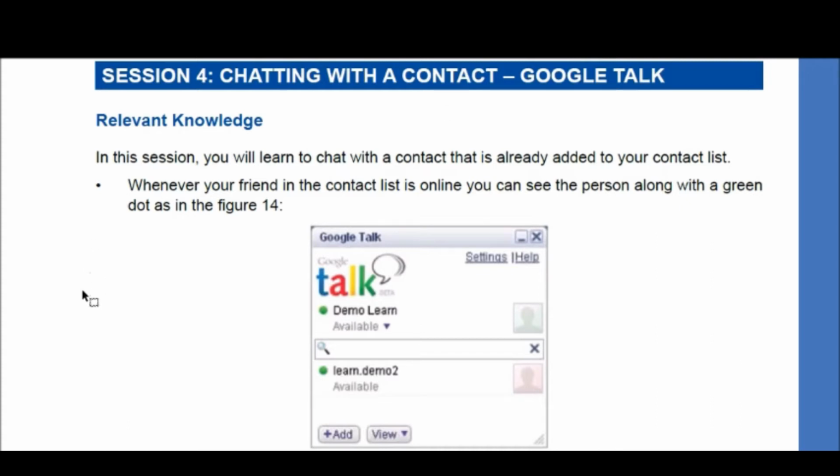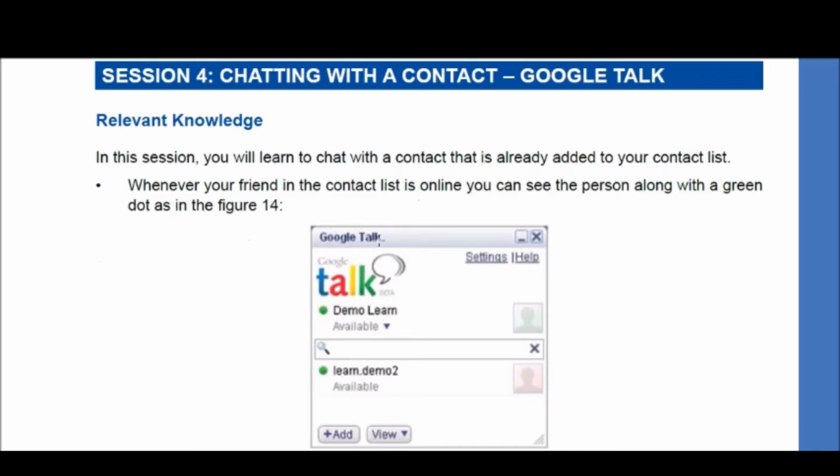So basically, as I have already discussed in the previous sessions, Google Talk and Yahoo and all these instant messaging apps or softwares are not generally used nowadays, because nowadays we have apps like WhatsApp or Zoom for this purpose. But these were popular earlier, so we just need to have a gist of how actually they work. And basically from this session, the question that can be asked is, what are the etiquettes of chatting? Okay, that we'll study further.